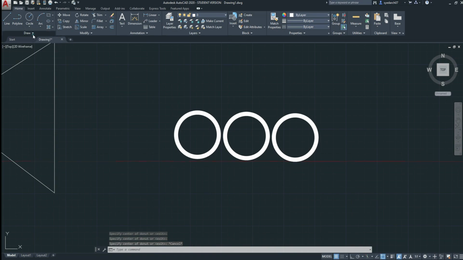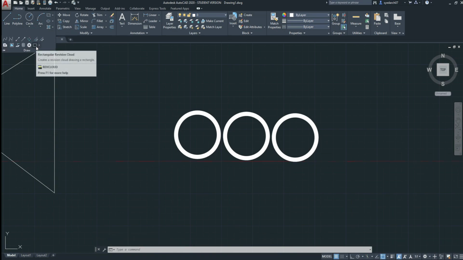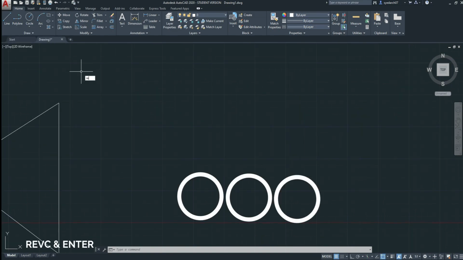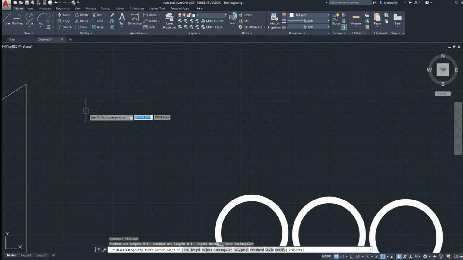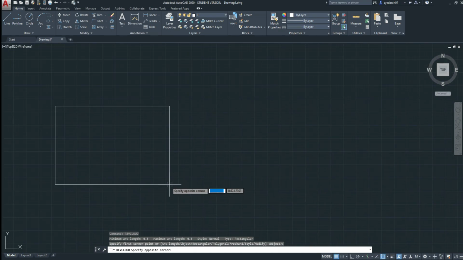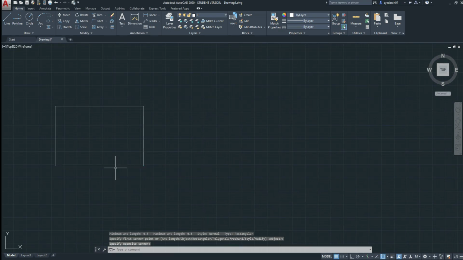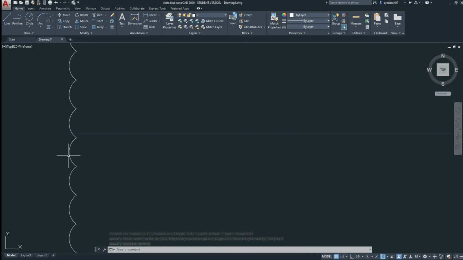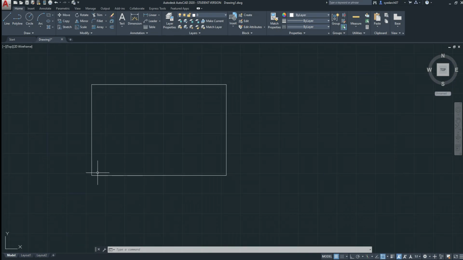Next we have the rectangular revision cloud. To select this, you can click here, or use the shortcut REVCLOUD and press enter. Give the first corner of the rectangle and then the second corner. As we are in millimeters and we have zoomed out too much, we are unable to see the clouds, but if we zoom in, you can see we have got a rectangular cloud here.